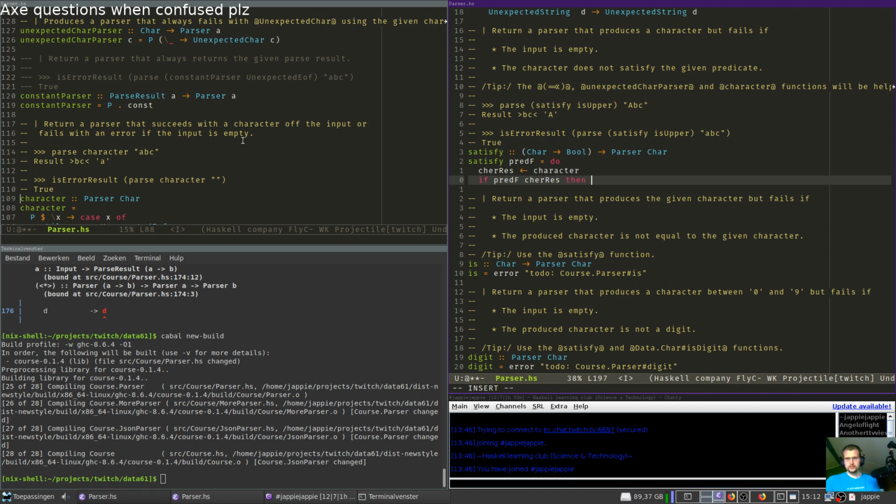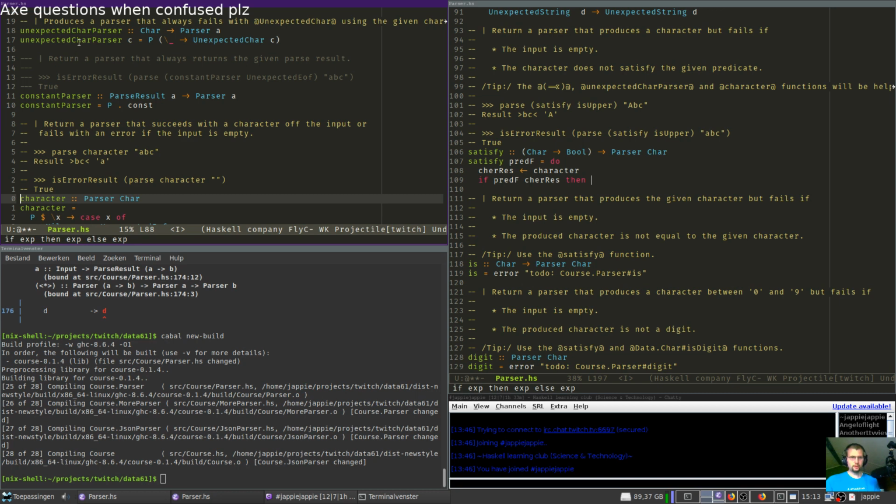So if it's correct, return a parser that produces a character but fails if the input is empty, which is handled by this thing, or the character does not satisfy the given predicate. What would I get? Oh, it's unexpected character.